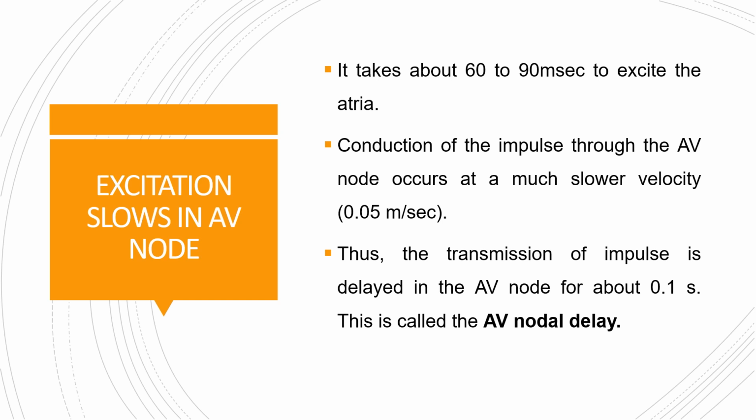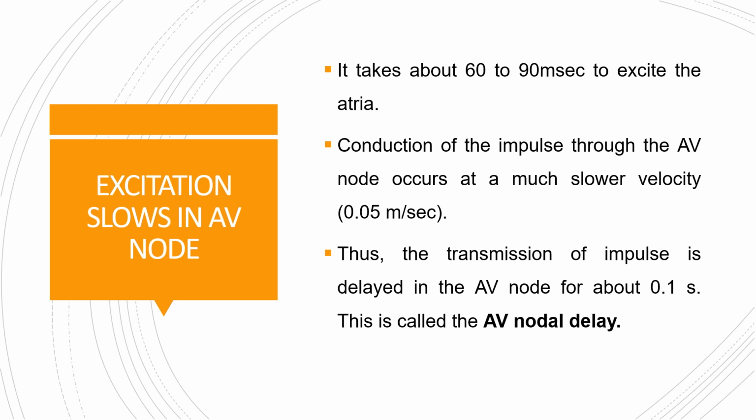Excitation slows in the AV node. You have seen the delay, that is about 0.1 second. It takes about 60 to 90 milliseconds to excite the atria. Conduction of the impulse through the AV node occurs at a much slower velocity, about 0.05 meter per second. Thus, the transmission of impulse is delayed in the AV node for about 0.1 second, and this is called the